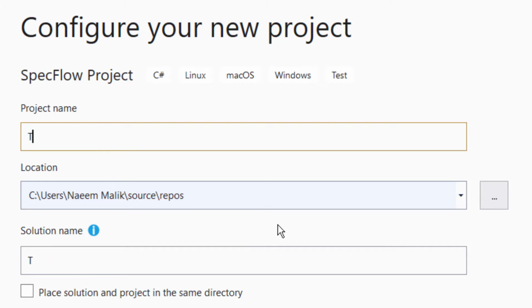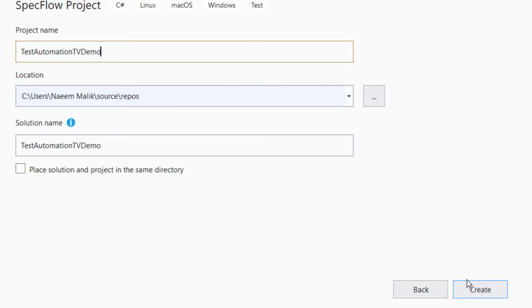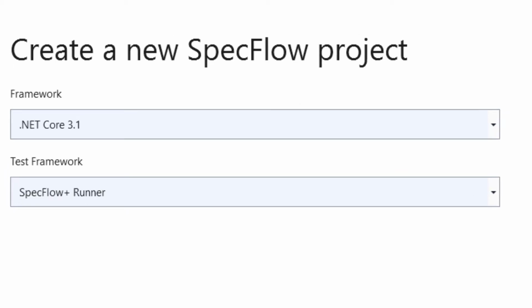We can make any changes that we want, but we really don't have to. In the next step, we can select the .NET framework.